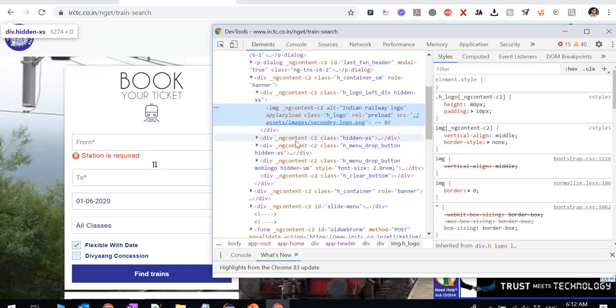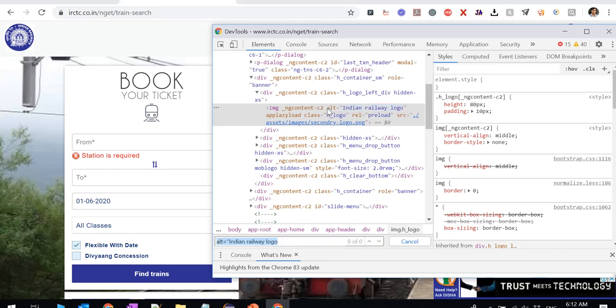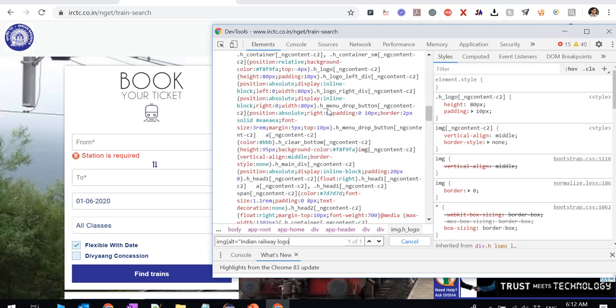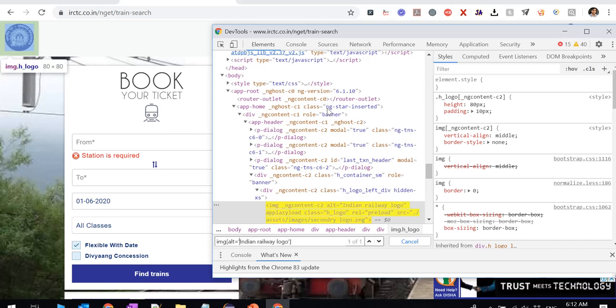I can see here it is an alt tag followed by image. My system is very slow. Okay, so this is a unique element.